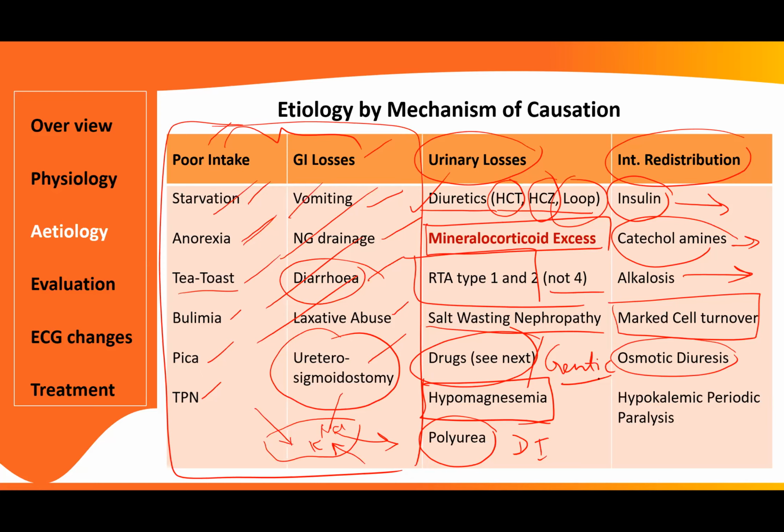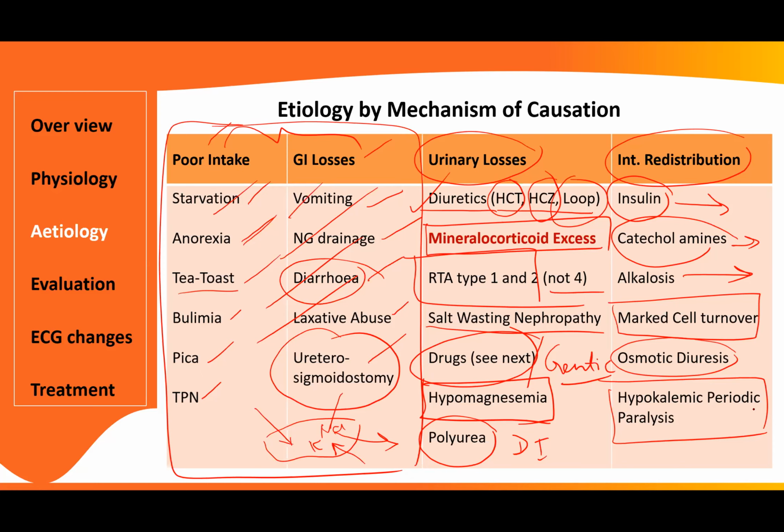There is another specific entity called hypokalemic periodic paralysis. In this periodic paralysis, the patient in between the paralytic attacks is very normal. That's why it's called periodic. It is precipitated by sympathetic amine usage, or it occurs after food and after exercise. So typically the patient complains, I had exercise and hypokalemia. I had food, hypokalemia. I had sympathetic amines and hypokalemia. So this is hypokalemic periodic paralysis.